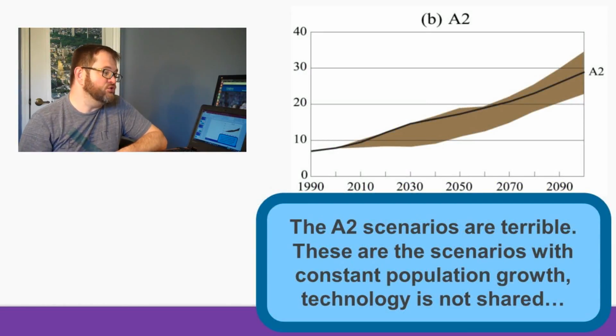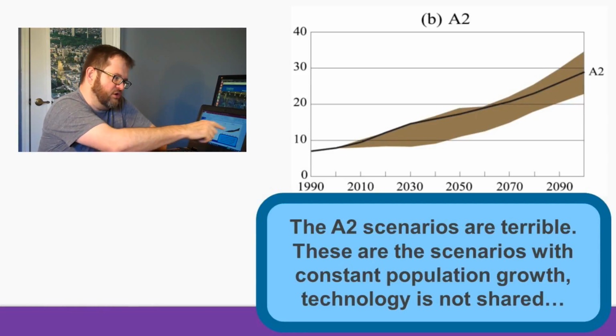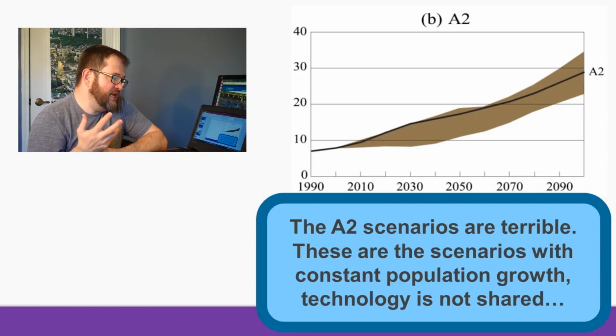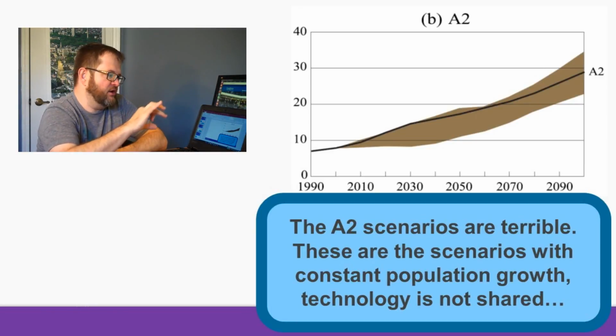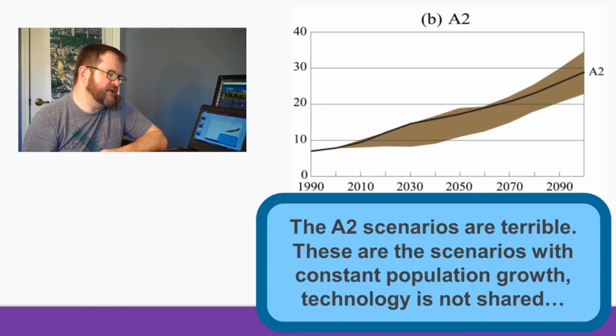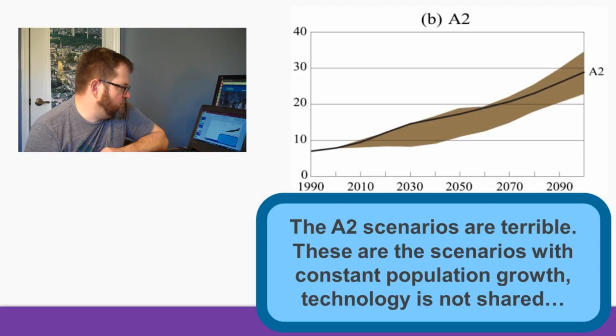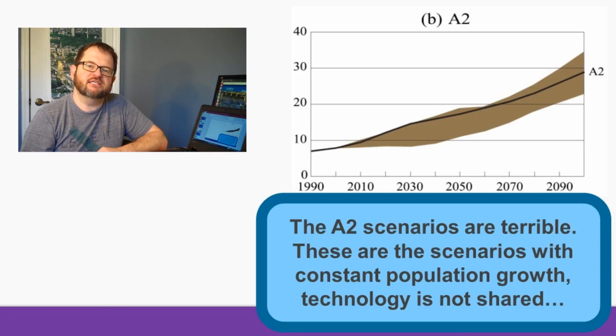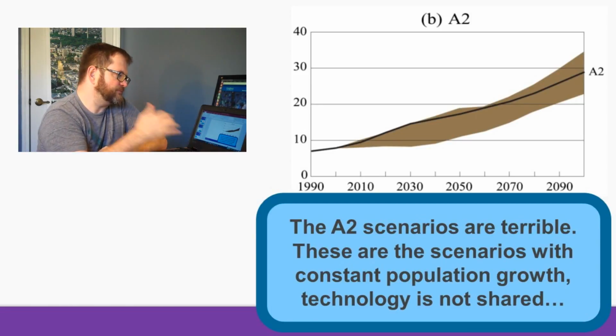And if you take a look at the A2 scenarios, again, this is just their carbon dioxide emissions. This is not temperature on this graph right here. What you see is there's a range of estimates in here, but all of the A2 scenarios are terrible. Okay, we go from 9 gigatons of carbon dioxide being emitted per year now to, by the end of the 21st century, around 29 gigatons per year, possibly as high as 35. Okay, if we get onto the A2 future scenario, we have a vastly bigger greenhouse gas problem to deal with.